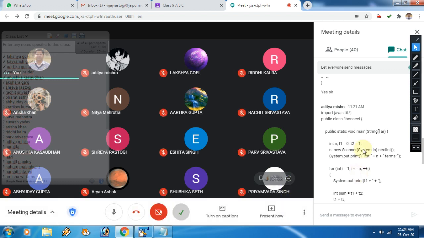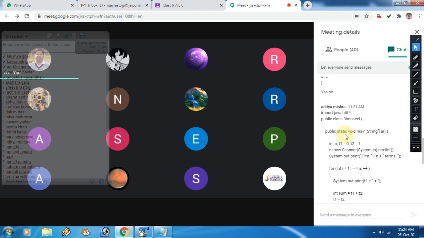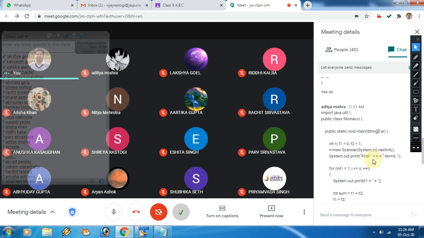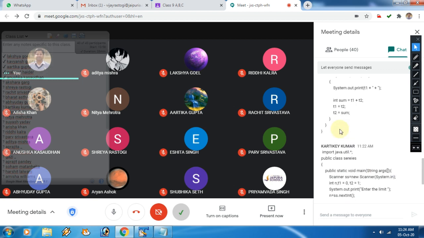See, the starting point T1 you have assigned is 0, and you are printing it. In the question it is not 0, it is starting from 1. So don't think that because your program is running it is right; you should go through the question and follow it. Sometimes the output may be coming, but the way you are doing it is wrong. In the first attempt, everybody will watch it and see this is wrong, because initially you have printed n. Please go through this.